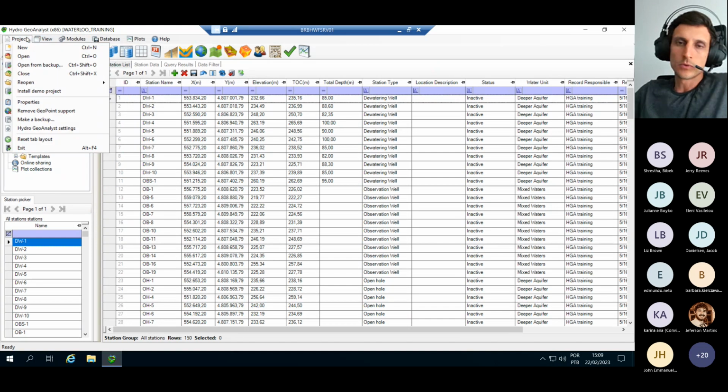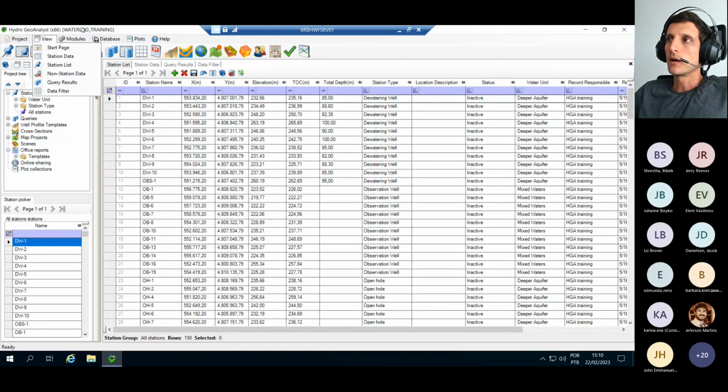Here on project, you have access to different information about your project, some properties that you can change, and some settings of Hydro GeoAnalyst. On the view icon, you can set to view the start page, which is the page we were seeing before. And then you can view some different things here, like station data, station list, non-station data, query results,